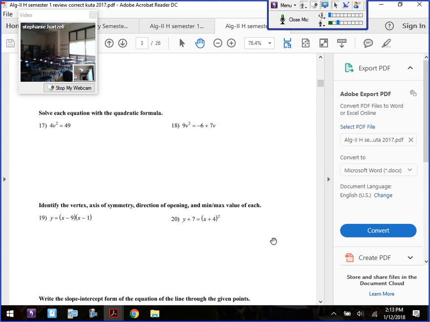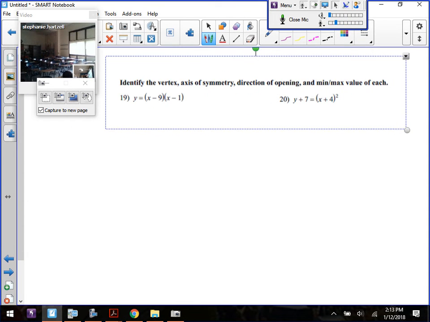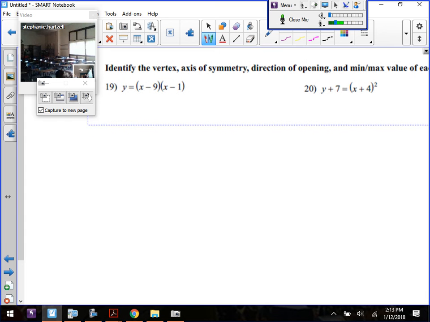All right. Identify vertex, axis of symmetry, direction of opening, max or min of each value. Now, this is getting back to the quadratic stuff. How do you do this? Well, it depends upon what is being asked. If it asks you for the maximum or minimum or just where the axis of symmetry is, a lot of times you could get away with figuring this out relatively quickly without having to worry about calculators or anything. For example,